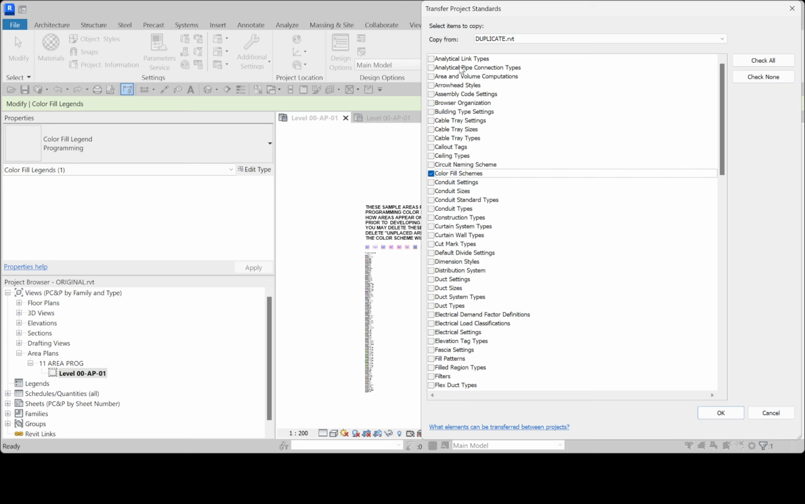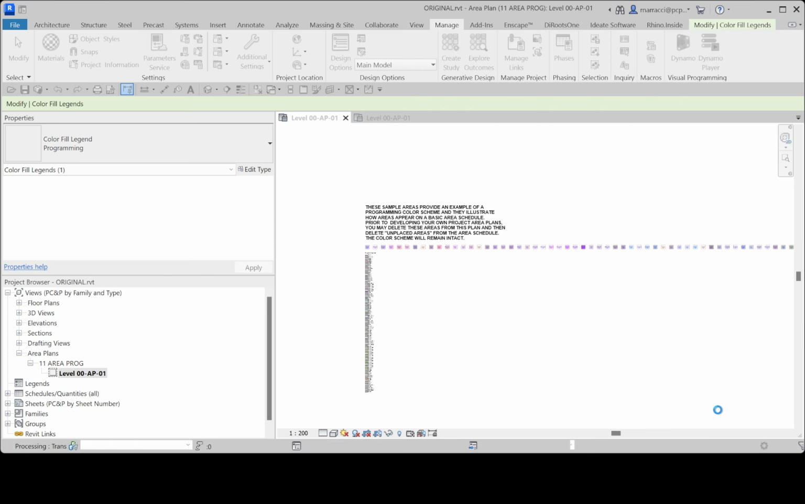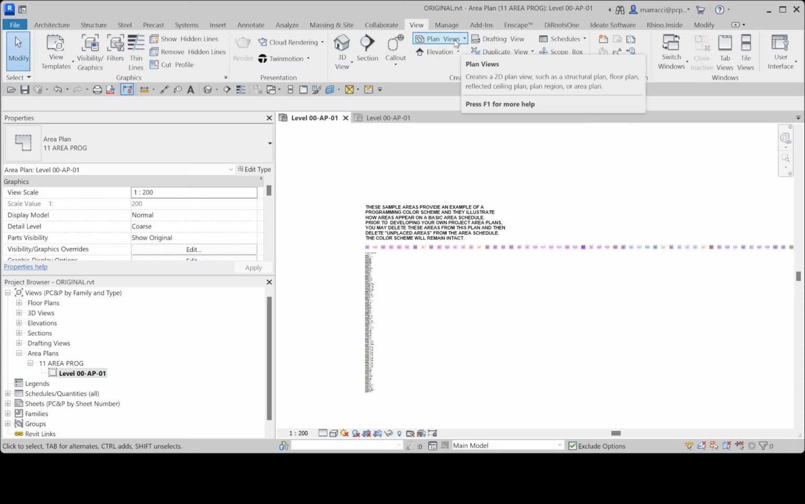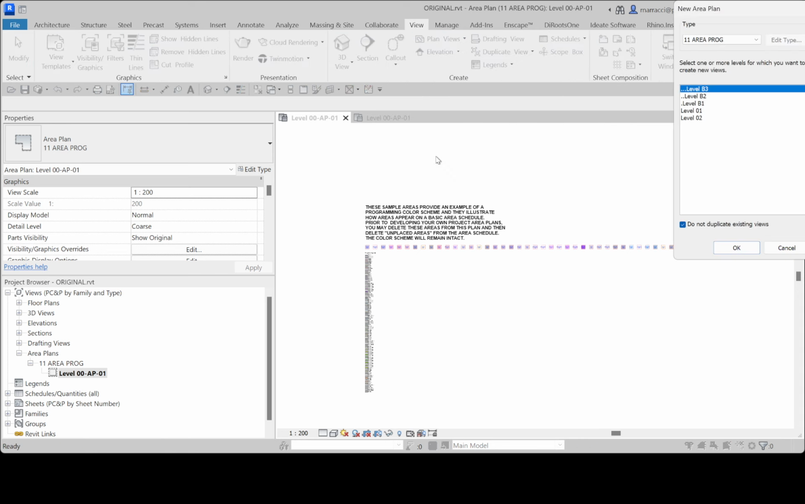What's a little bit confusing is that I thought if I clicked Area and Volume Computations, that would do the trick, and it didn't work. But if I click Color Fill Schemes, and I'm copying from the duplicate file while I'm in the original right now, I'm saying go to Duplicate, copy this, and click OK. It kind of looks like nothing happened. But now if I come up to my View tab and click Plan Views, Area Plan,